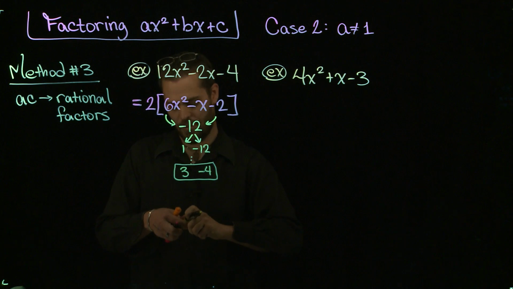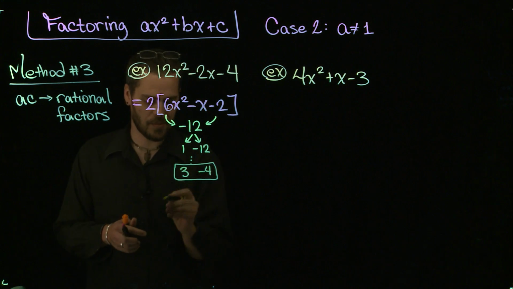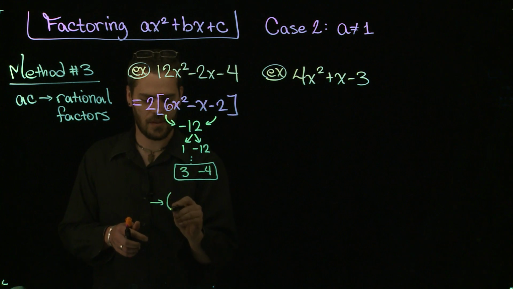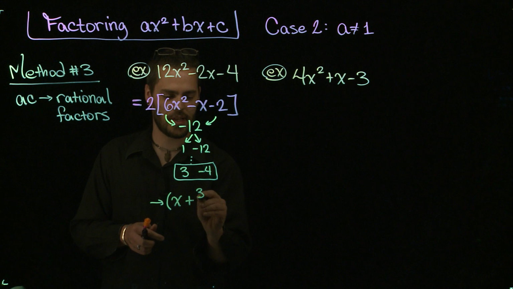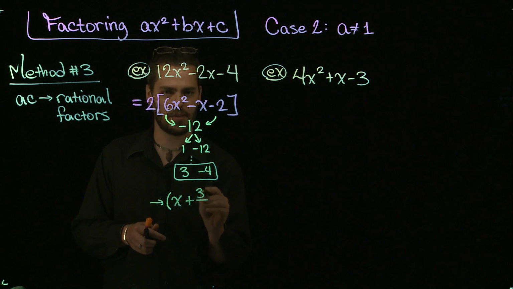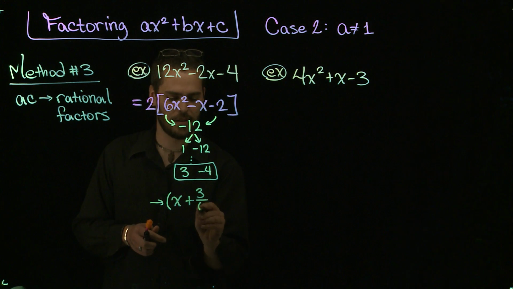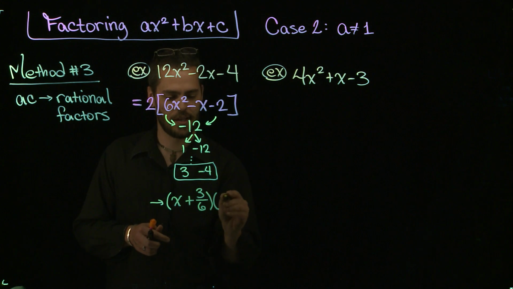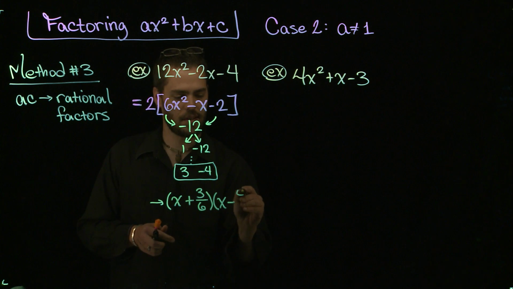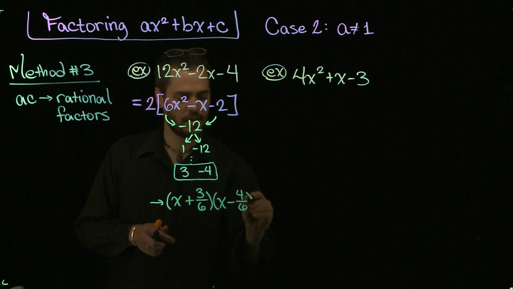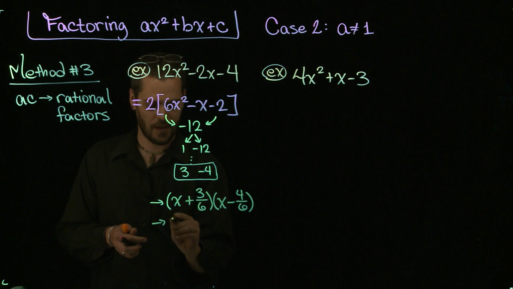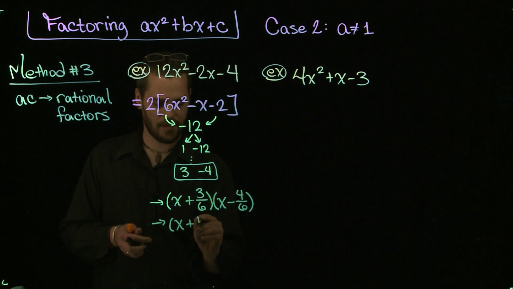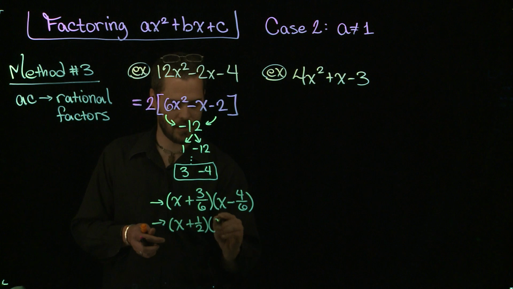Remember, with method number 3, these two things become the numerators of the fractions in our binomials that start with x plus. There's my 3, that's the numerator to the fraction. Always use the leading coefficient for the denominator, so 6 in this case. The other binomial is x minus 4 over 6. That's the beginning element. Reduce those fractions as the next step. So that gives me x plus 1/2 here and x minus